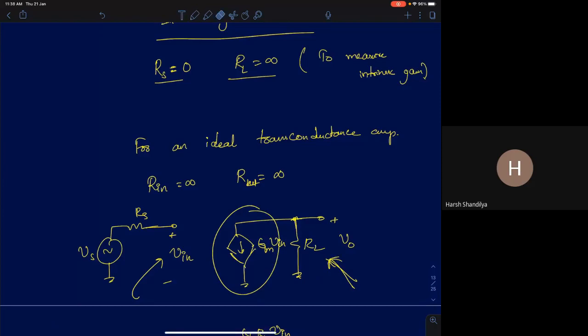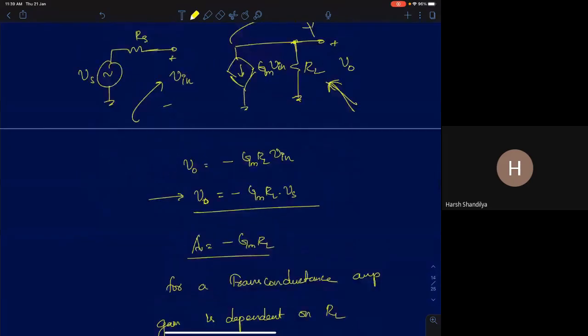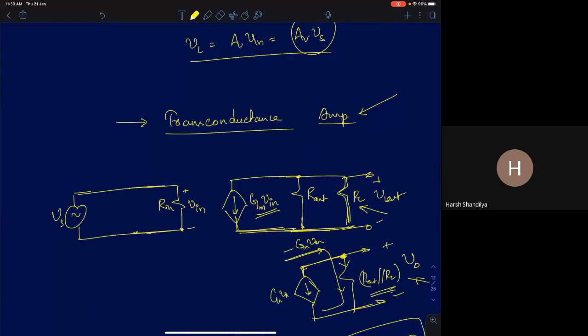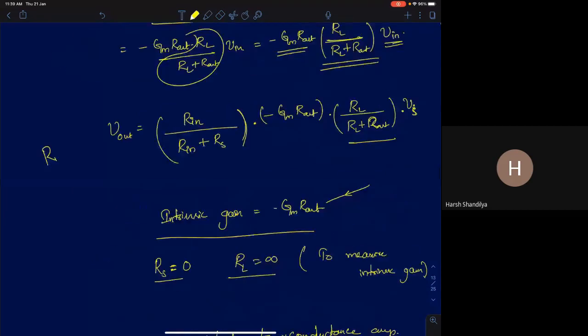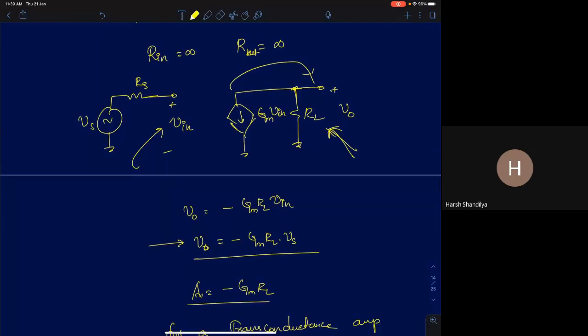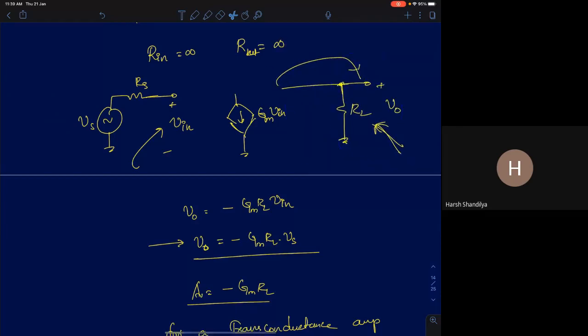Since the output is current, ideally you want all your current to flow into the load resistance. You don't want any of your current to flow into its own output resistance. So let me redraw it here. If there was an output resistance, R out, ideally you want all the current this transconductor is generating, which is Gm times Vn, to